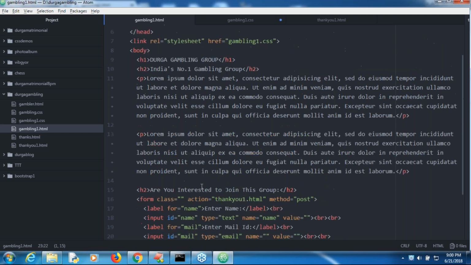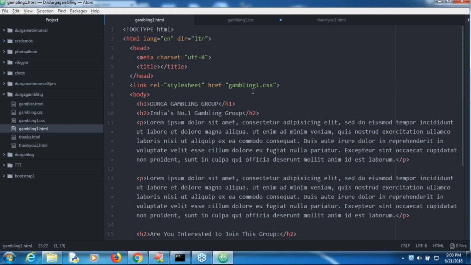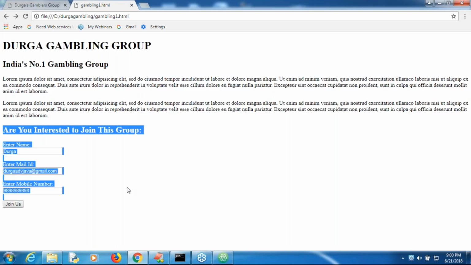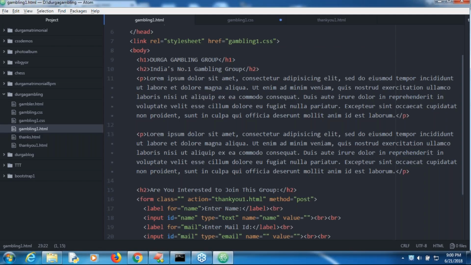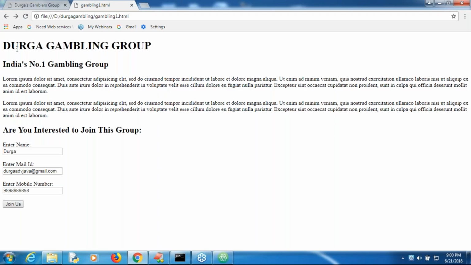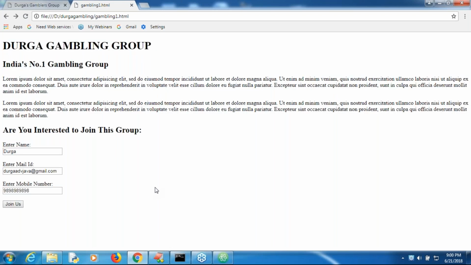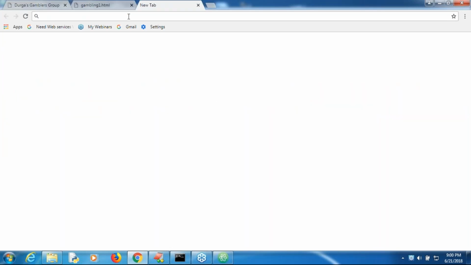So this is a simple HTML, whatever we have. How it looks: h1 tag, next, and after that like this. Now my question here, sir, is how we can implement something. This gambling group normal font is not recommended. I don't want this font. I want to go for a beautiful font, sir. Okay, Google